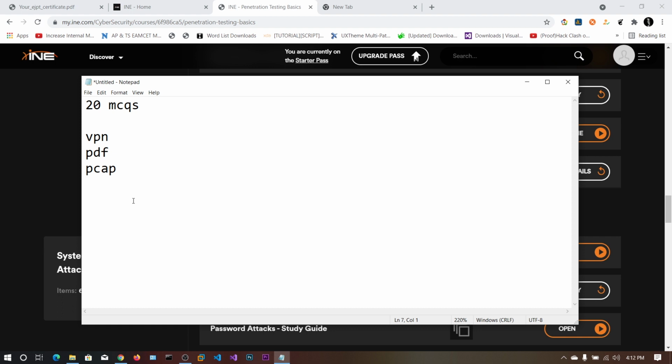If you don't understand them correctly, you should be doing a technique called pivoting. If you understand the pcap file correctly, you need not do the pivoting. So take your own time. Even if it takes half an hour or 1 hour, make sure you have understood the pcap file correctly.